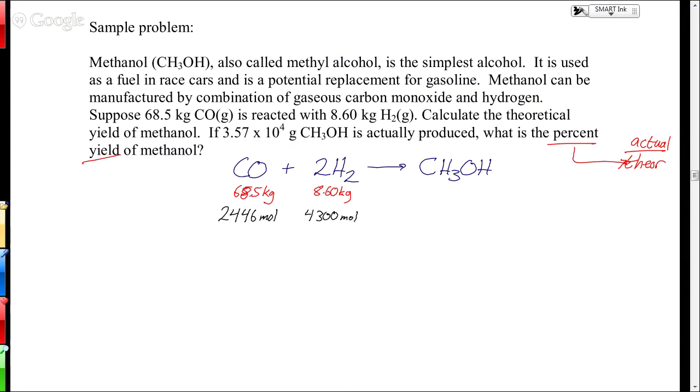Is that what you got mostly? So that tells us that we'll pick one at random. So let's pick CO and figure out how much hydrogen we would need. So for